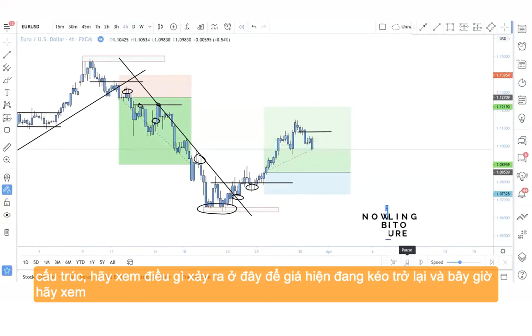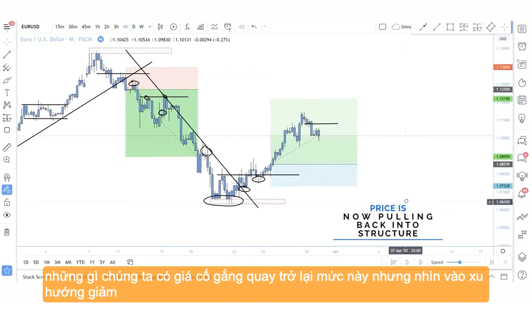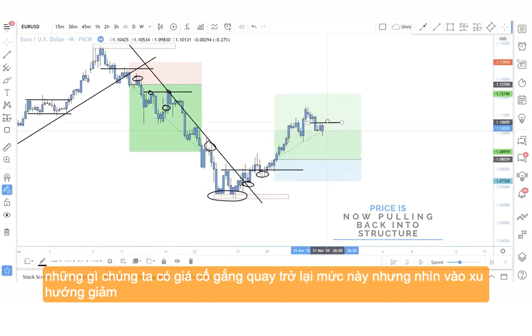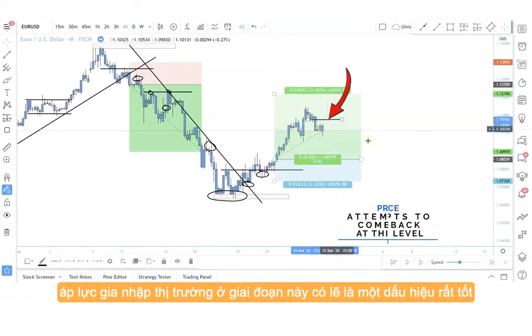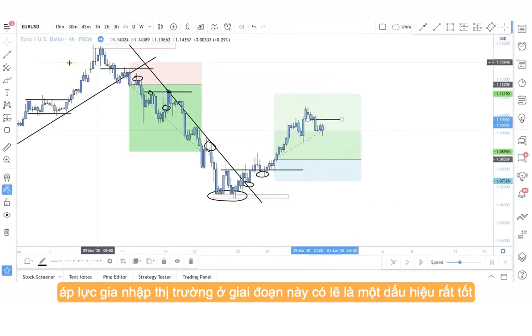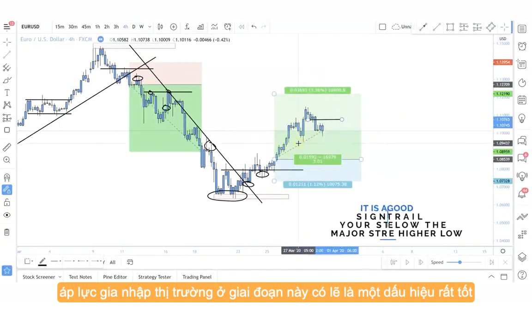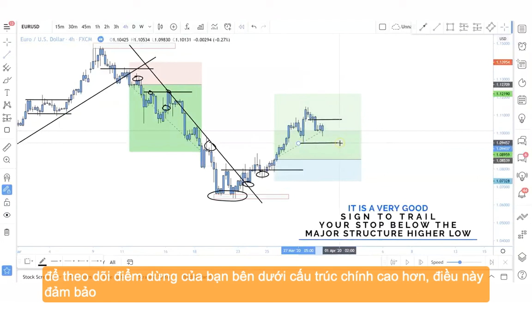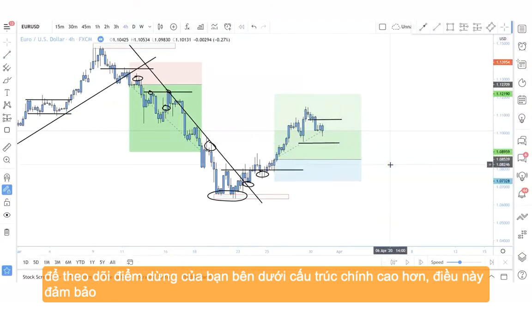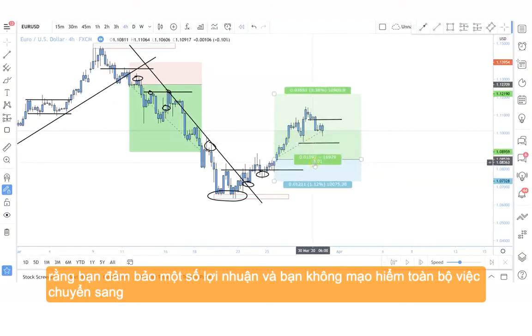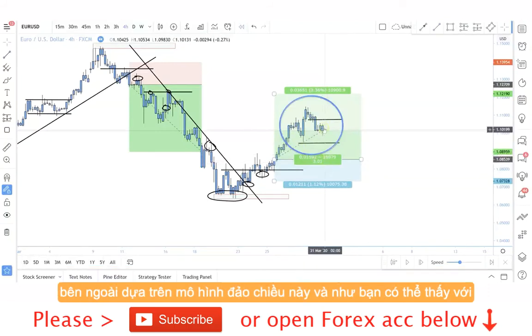here. So price is now pulling back, and now look what we have. Price attempted to come back to this level, but look at the bearish pressure that's entered the market. At this stage, it's probably a very good sign to trail your stop below the major structure high and low. This then ensures that you secure some profits and that you're not risking this whole move to the upside based